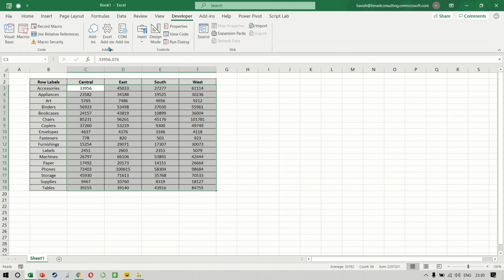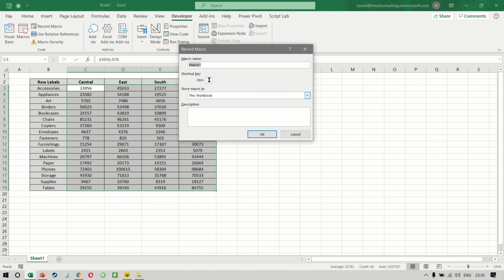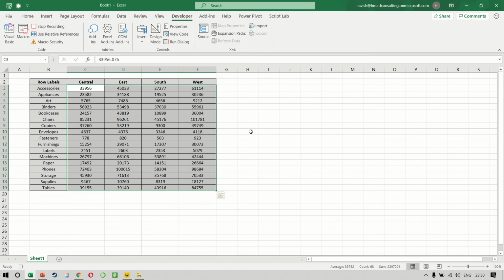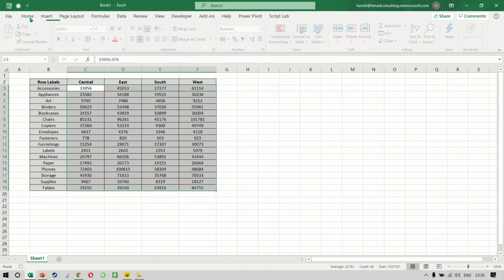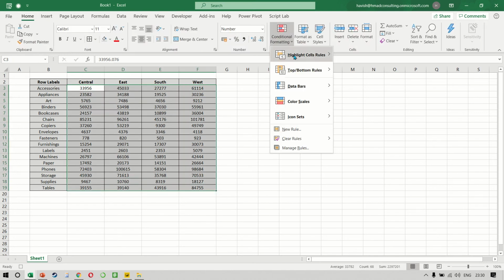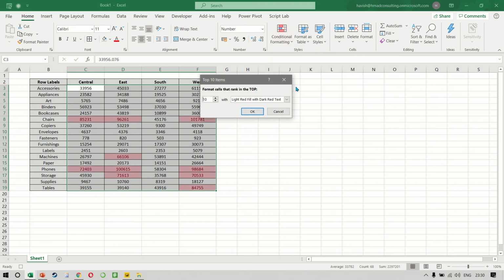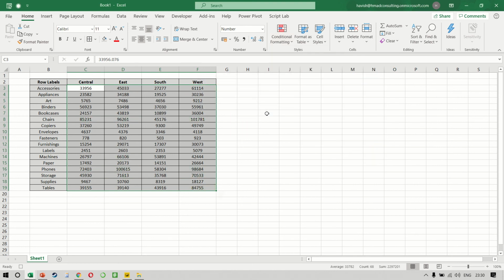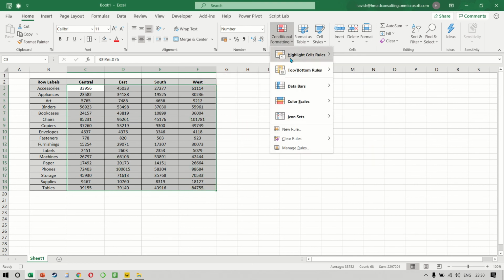So developer, record macro, and let us just call this top. All right. So I select my data, home, conditional formatting, top 10 items, and we can color these green. Let me do that once again.